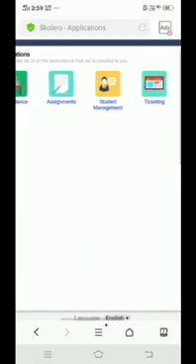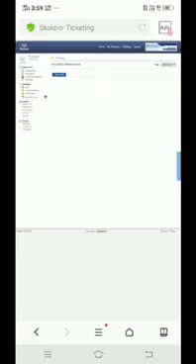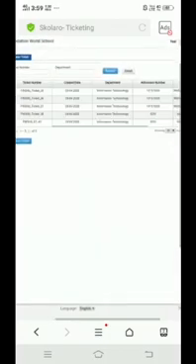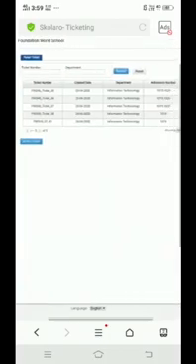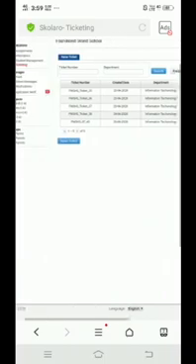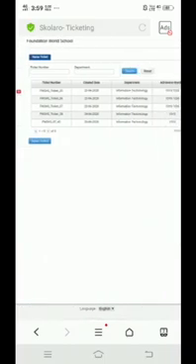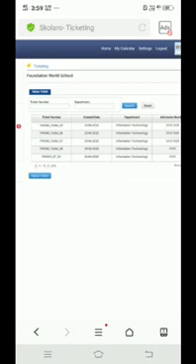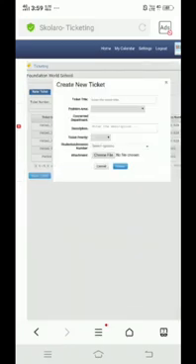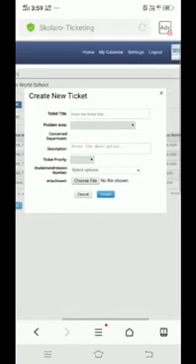You can see the ticketing module here. You click on this and again I would like to zoom in for you. And this is the landing page. On your left hand side, you can see raise ticket in light sky blue color. You click on that and again a window opens for you to create a ticket.